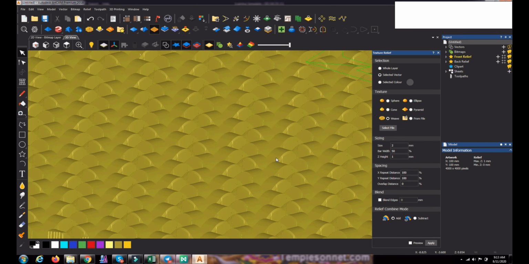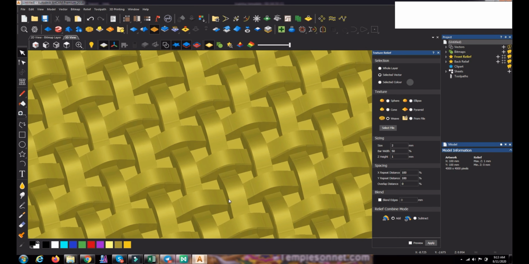It depends on the wave. See, the wave has been created. It depends upon the size we give here, the height and the bar width. This is 50%. If you want the width more, like 70%, it will come 75% like this. So that is the width of it.